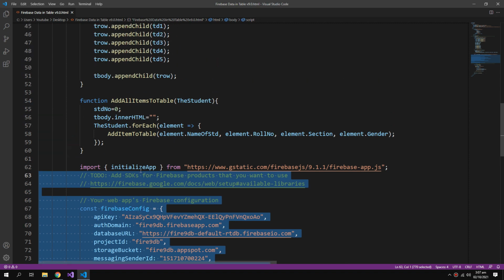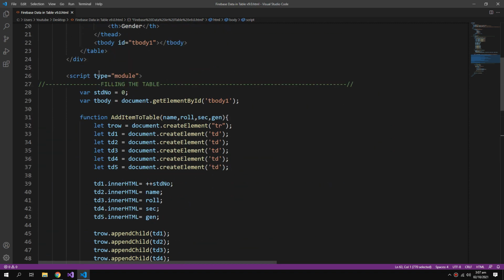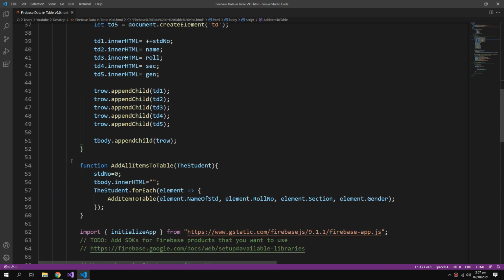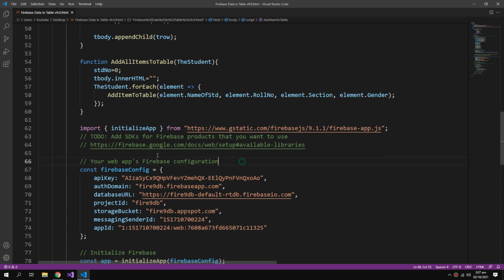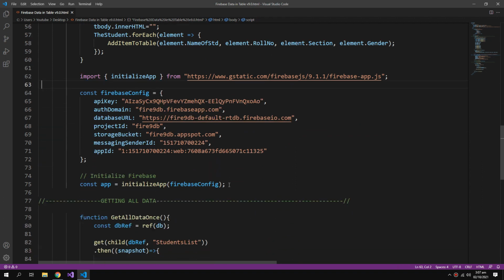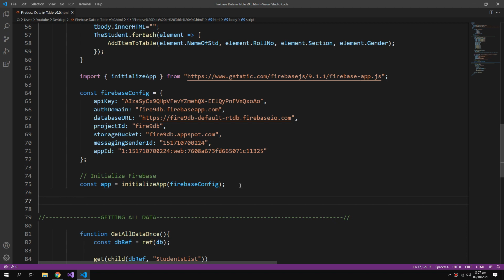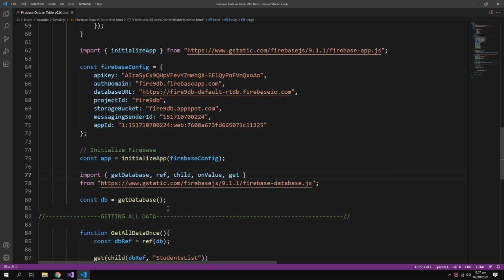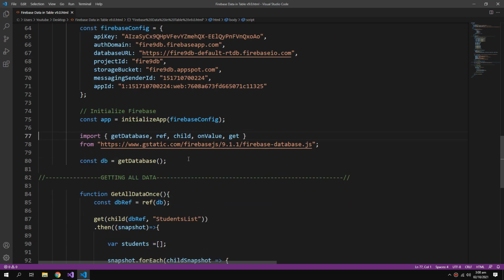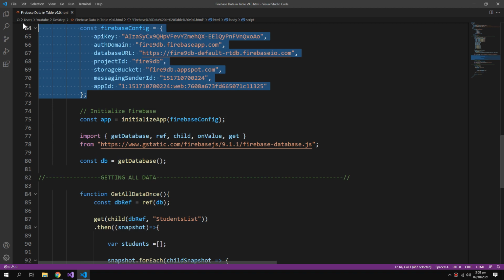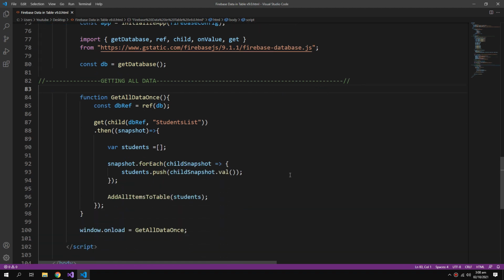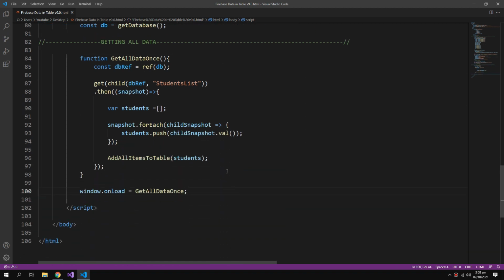And for this configuration to work, I need to define my script as module. I need to import some more functions that I used. So I need all of these functions plus the getDatabase function which readies my database with the provided configuration. So now I can test this out.